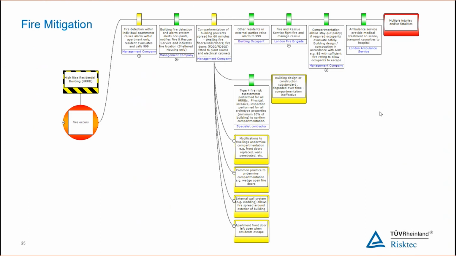Once the fire has occurred, we can draw up the same sort of basic structure for a structural failure. Once the fire has occurred, how do we know we have a problem? How do we detect the fire? How do we stop the fire from spreading? If the fire were to spread, how do we get people to a place of safety? And again, particularly, as you can see on this one, with regards to the compartmentation, there may be a number of things that might act to degrade this. And the controls, how do we assure ourselves that these controls are in place? What is the argument that we want to make as to why we are managing this risk effectively?